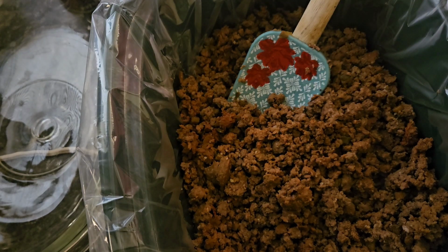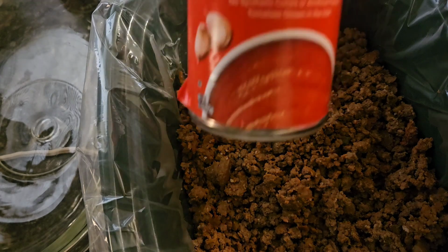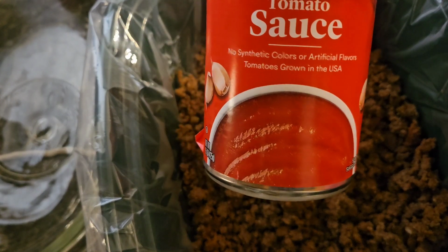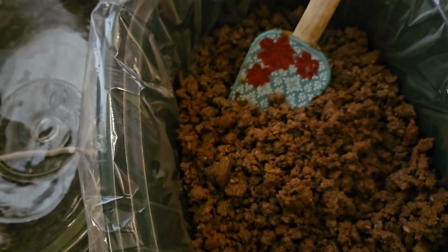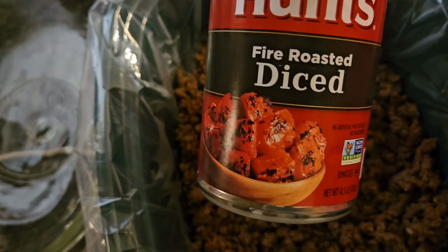I have 2 pounds of ground beef that I put in here. So I'm gonna do 2 cans of beans because I like beans. Actually, we gonna eyeball it because I don't want to overwhelm people who don't really care for the beans like that in their chili. I might add this can of tomato sauce. I'm not sure about this yet, but I am gonna be adding some fire roasted diced tomatoes